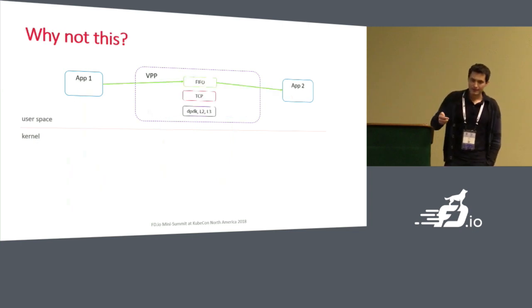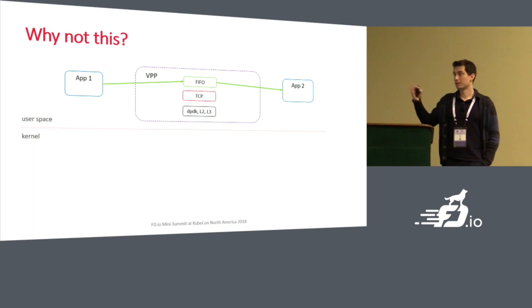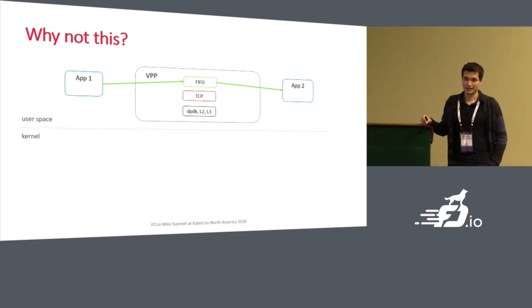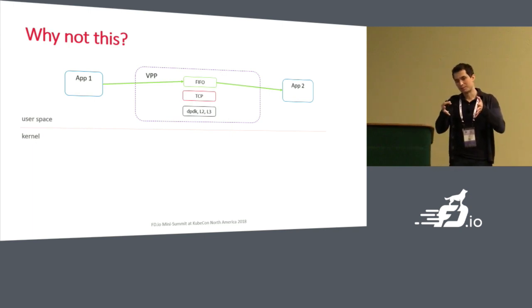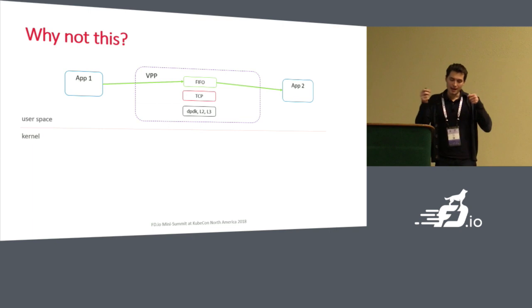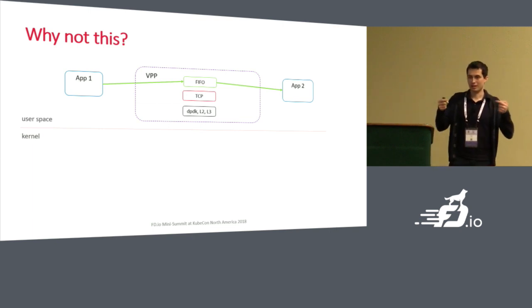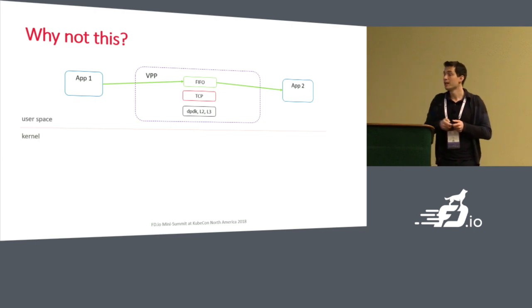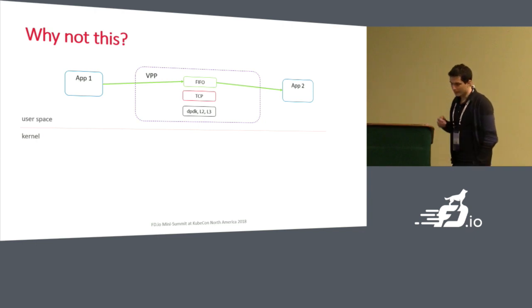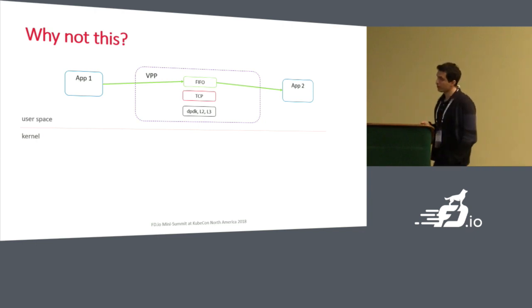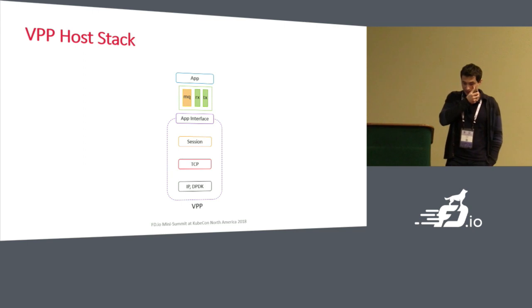And that's how we started thinking about the possibility of doing things like this. Our idea wasn't necessarily very original, but since everything is in user space, why not use VPP as an introduction mechanism, have it allocate some shared memory resource, and have the two applications just exchange data using that shared memory resource, which here I'm calling a FIFO. So that was the basic idea with which we actually started.